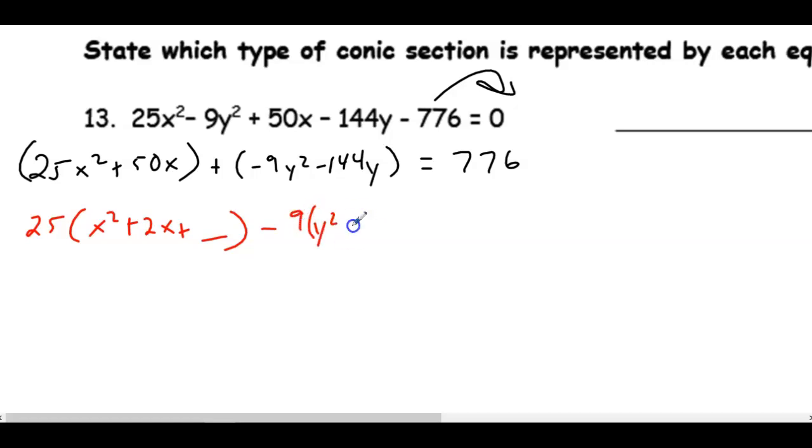So I have y squared minus, let's see, what's 144 divided by 9? 16. So minus 16y plus a space. Actually, it's going to be positive 16 because I factored out a negative, so that becomes positive. Equals 776 plus